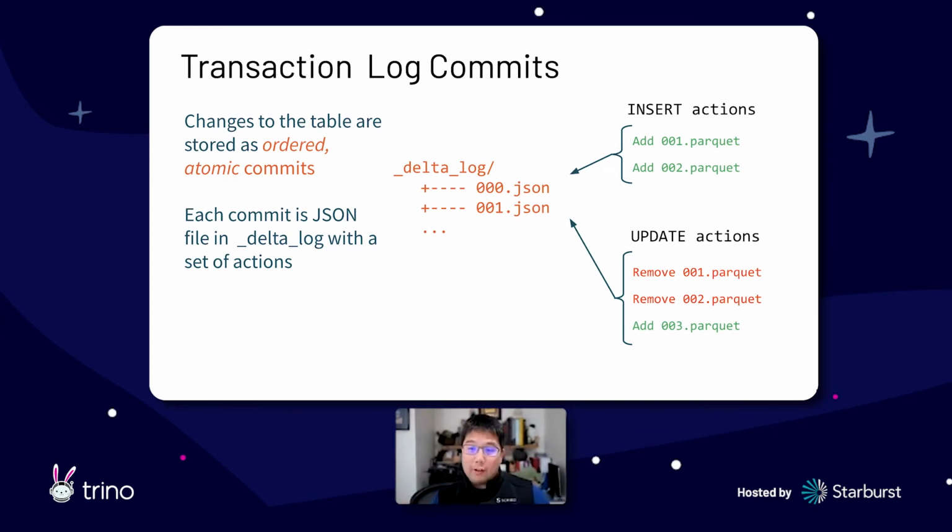That's pretty cool because if you had a query that ran right after 0.json and another query that ran right after 01.json, you know exactly which files, and you're not risking any dirty reads at that point in time. For short running queries, that probably is not that big of a deal, honestly. But for long running queries, this is a big deal because you want to know what the status of the data was at the time that you queried it. That's why it's important that every single atomic commit goes as a JSON file within that Delta log folder, a set of actions, as you can see here.